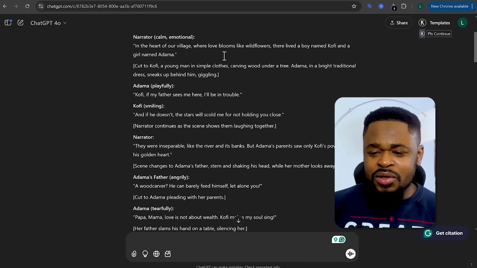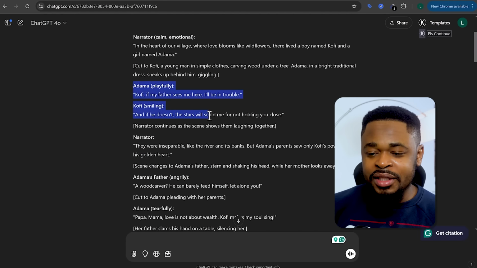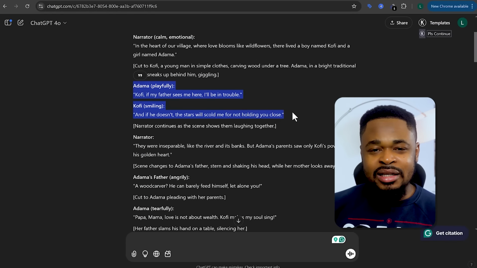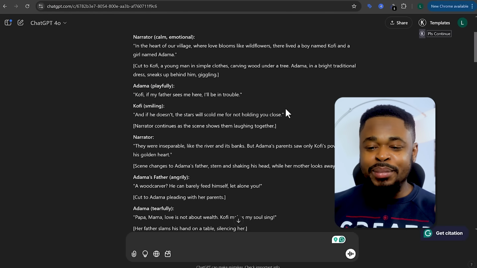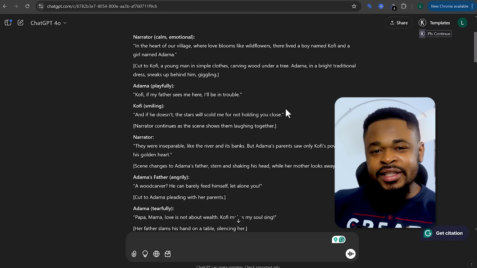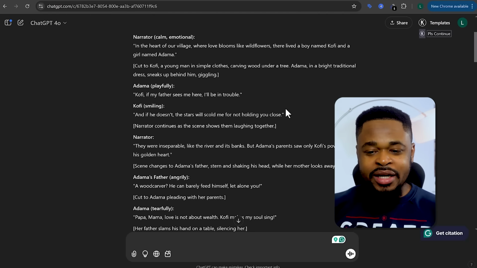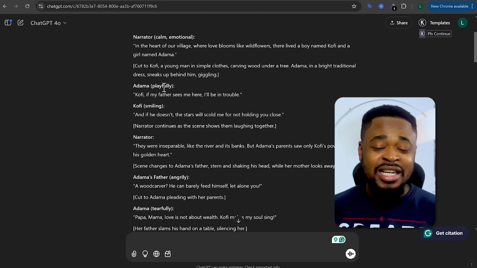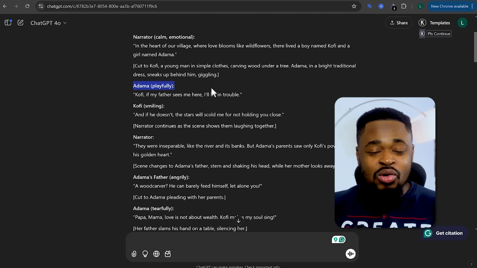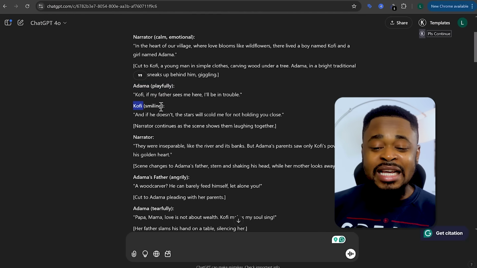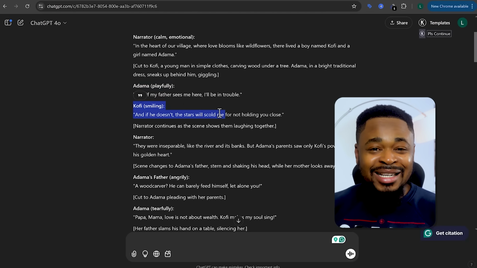Now, if you read the script, you'll find out that Adama and Kofi are talking to each other in the same scene, right? So you want to create an image that pictures Adama and Kofi talking together. So you generate that image. Another thing you need to generate is an individual image of Adama alone in a scene and Kofi alone in a scene, still that same scene.